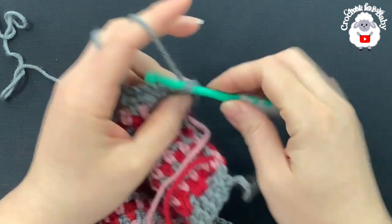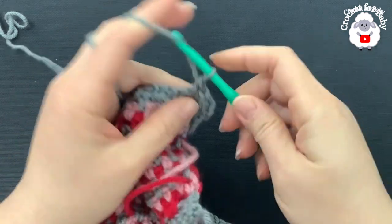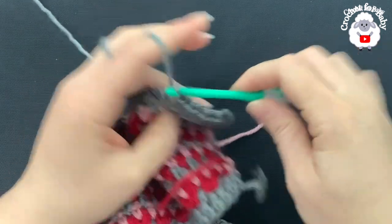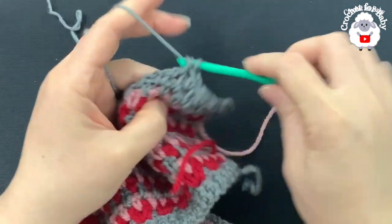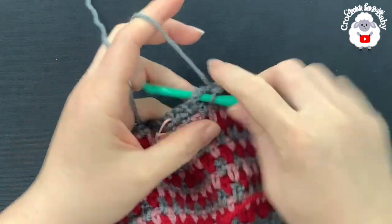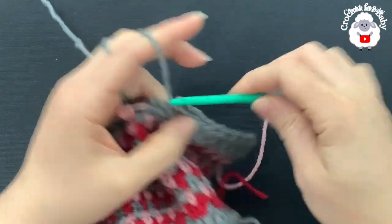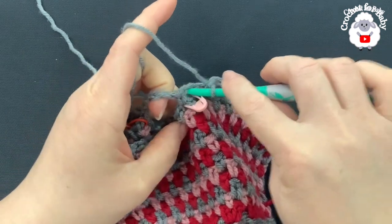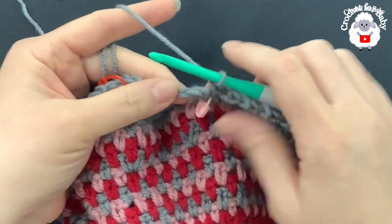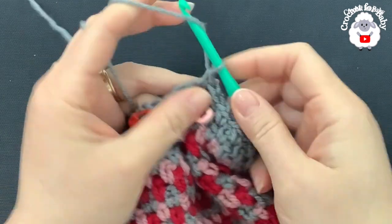Into the first space, make a single crochet, chain 1, that's 1 single crochet. Into the next, that's 2, 3, 4, 5, 6, 7, 8, 9 single crochets, and into the first chain right here, you're going to do a single crochet, chain 1, and